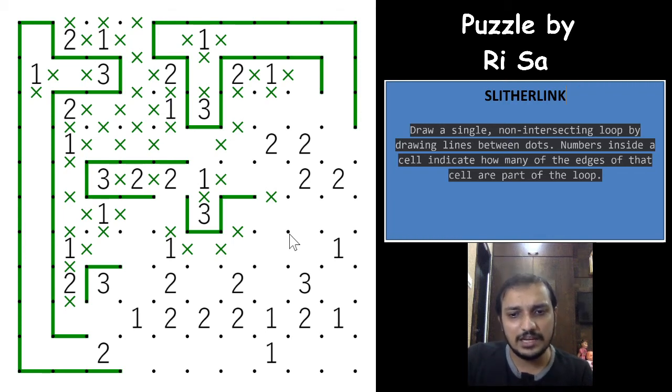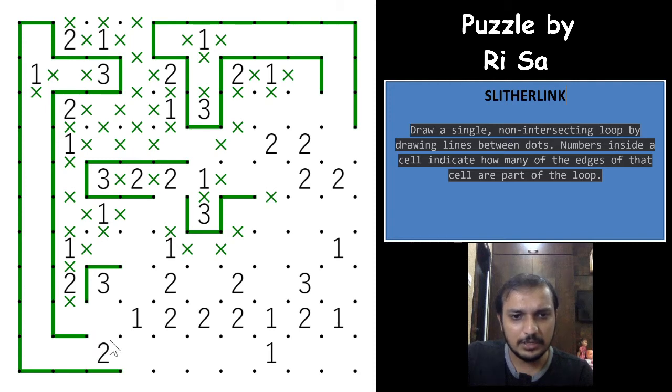So I would highly recommend you try a puzzle without using crosses as far as possible, right? I wouldn't say that you should not use crosses at all, but try as few as possible and get used to the logic, so that you will solve it faster. And now coming on to the puzzle again. So again the diagonal logic works with this 3-1 or 2-1, and in both cases that helps you.